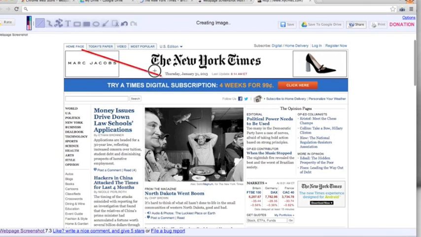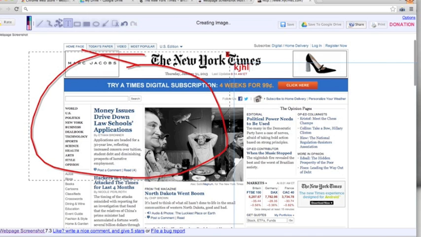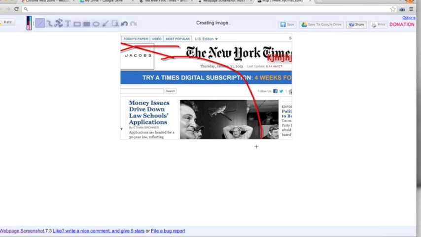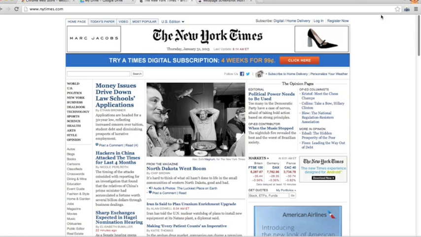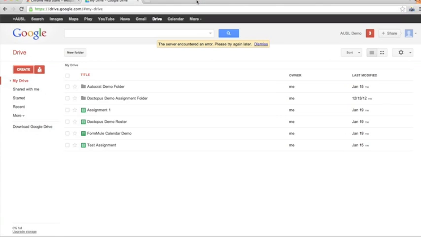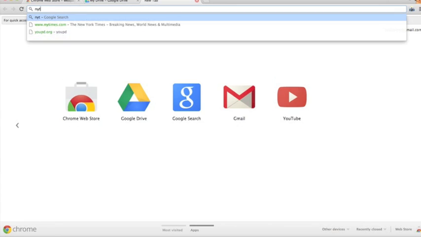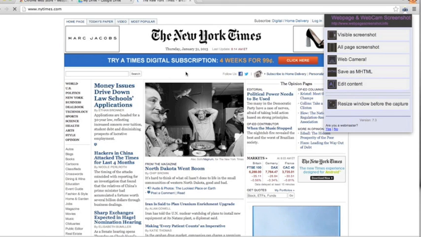Additionally, I can annotate it. So I could draw lines, I could circle things, I could add some texts, I could highlight, I could cut parts out, and I can save all of these pieces as well. Additionally, I can do something super fun, which is if I click on my little extension right here. Let me close out the rest of these things. If I click on my extension again, and I go to Edit Contents,